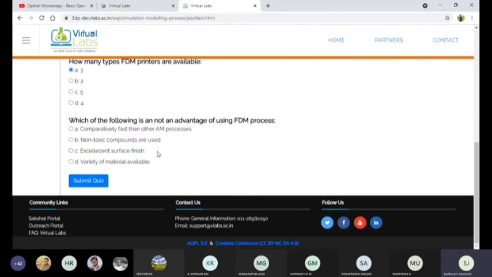Which of the following is not an advantage of using the FDM process? One, comparatively faster than the other process. Non-toxic components are used, excellent surface finish, variety of material available. We already discussed the limitations and advantages of this process at the beginning.